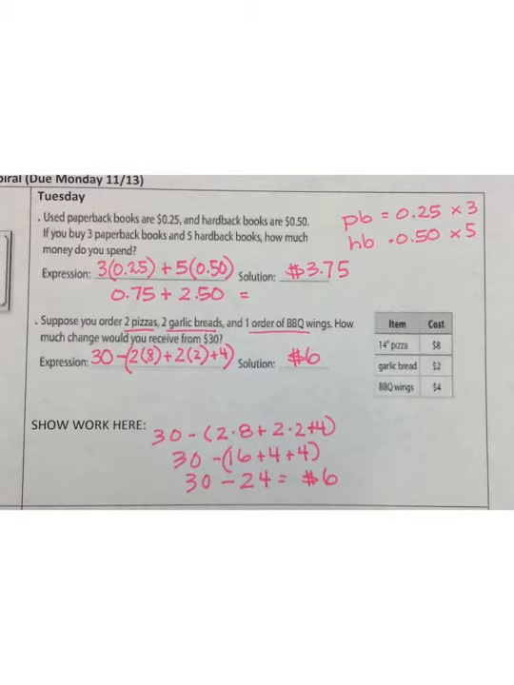Okay, so for the first one, used paperbacks are 25 cents, hardbacks are 50 cents, and you're buying 3 paperback and 5 hardback. So I did 3 times 25 cents, and you're adding that to 5 times 50 cents, and that gives you $3.75. For the next one, ordering 2 pizzas, 2 garlic breads, and 1 order of barbecue wings,